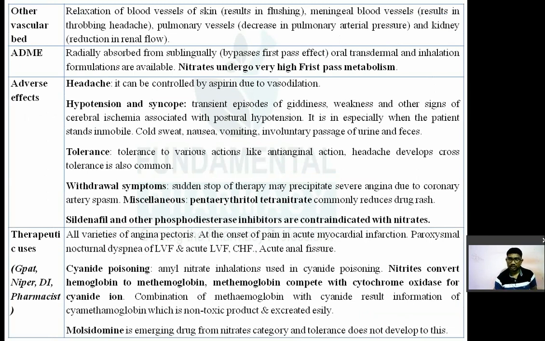Third option, they improve the perfusion rate in the ischemic area. ऐसा कुछ ऑप्शन देके आपको कंफ्यूज करेंगे. तो इतना एक लॉजिकली याद रखो कि एंजाइना में क्या हो रहा है कि आपकी मायोकार्डियम को ब्लड नहीं जा रहा है. ठीक है, ब्लड नहीं जा रहा है तो वहाँ पे ब्लड जाने के लिए आपको क्या करना पड़ेगा, कोरोनरी वैसोडाइलेशन करना पड़ेगा ताकि वो वहाँ ज़्यादा ब्लड जाए, कोई परफ्यूजन हो जाए इन द इस्चेमिक एरिया.